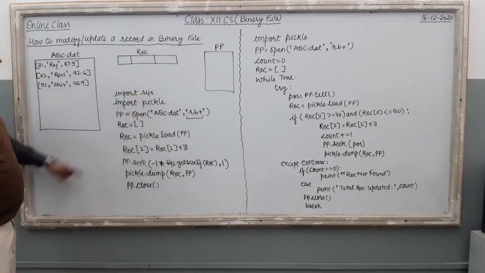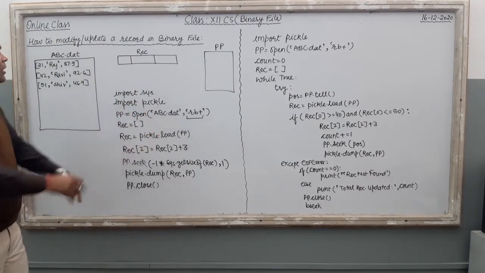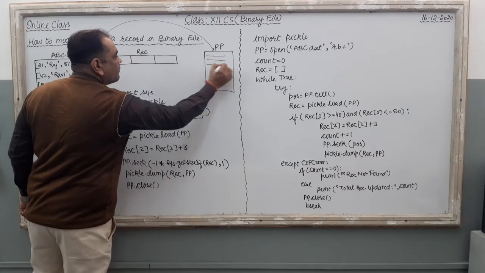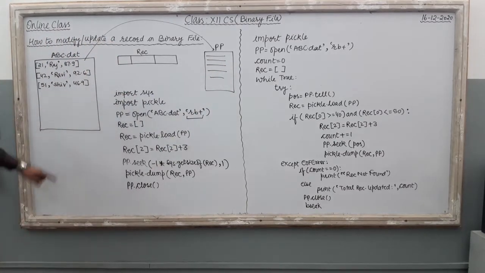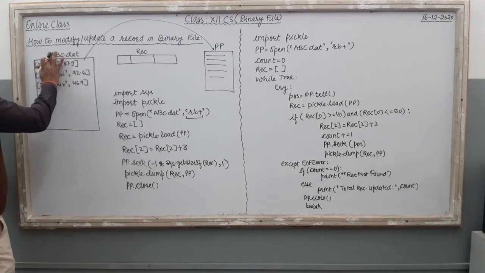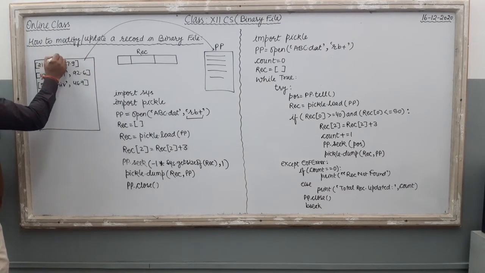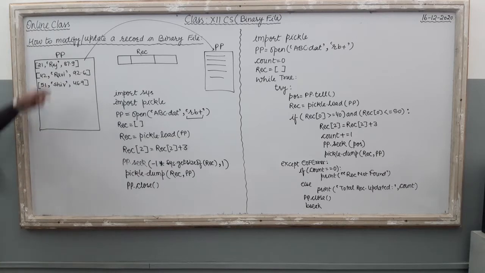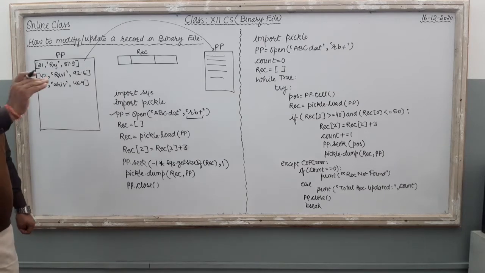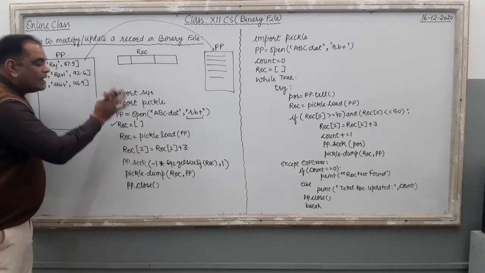When you execute this command pp = open abc, it means the data that is there in the abc file is uploaded inside your pp variable. The pp variable also looks the same. Done. So instead of creating one more diagram here, I am just removing this file name and putting pp over here. It is my file handle inside the memory. So by this command, the file is loaded in the file handle, and the file contains records in the format of list. So I just created one blank list variable.